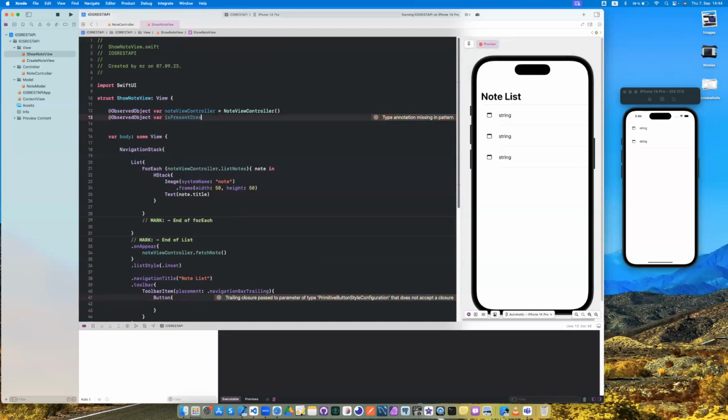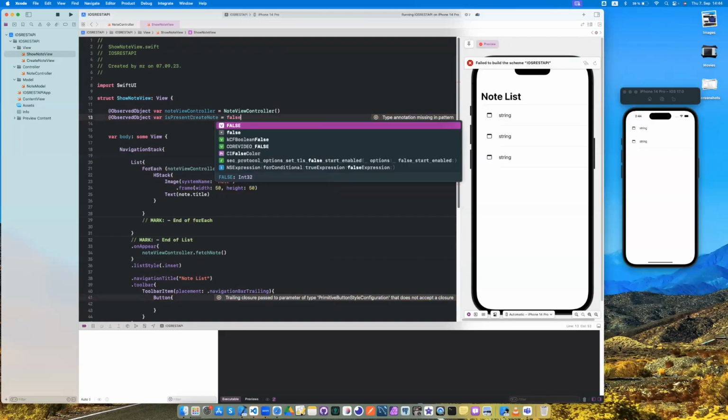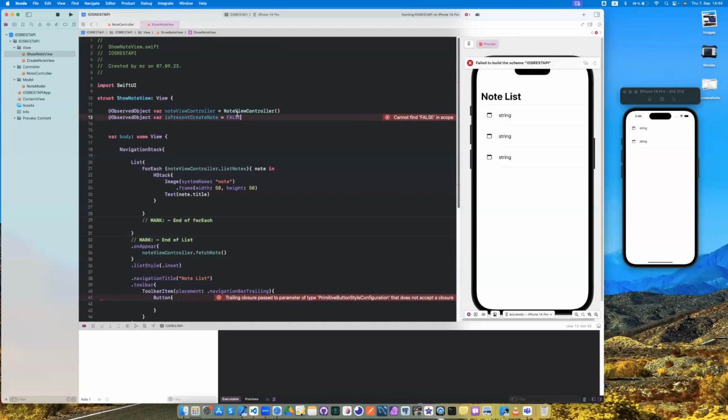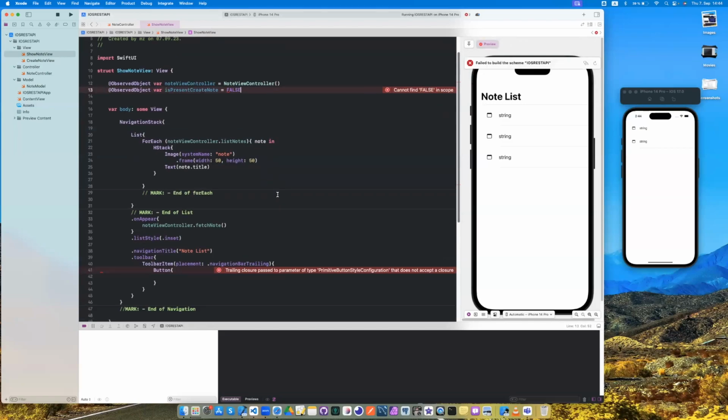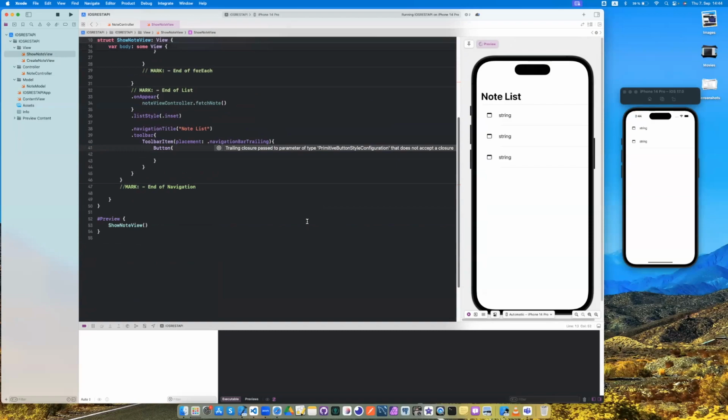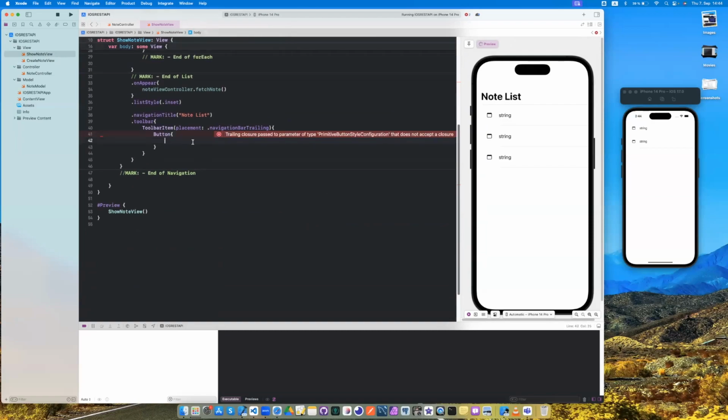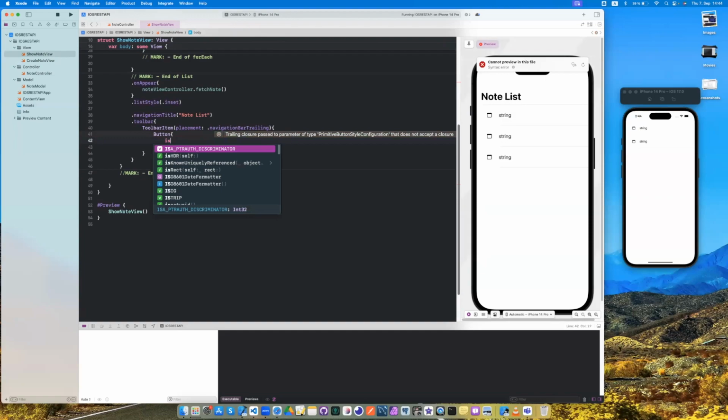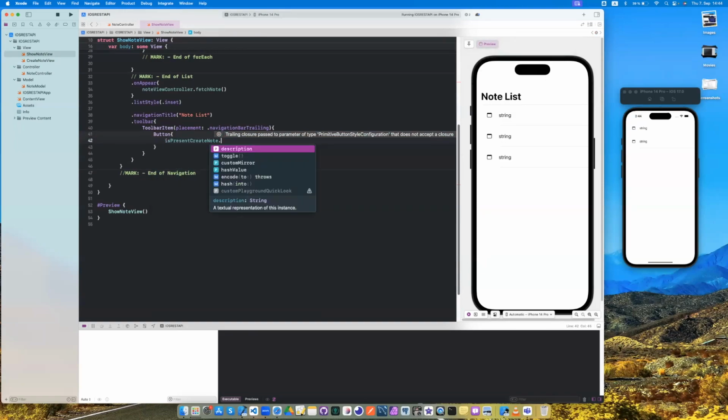Create node as a default should be false, of course. And I'm coming back and I say is present create node dot toggle. That means every time you touch this button, change it from false to true, true to false. But if it's true, we want to show our